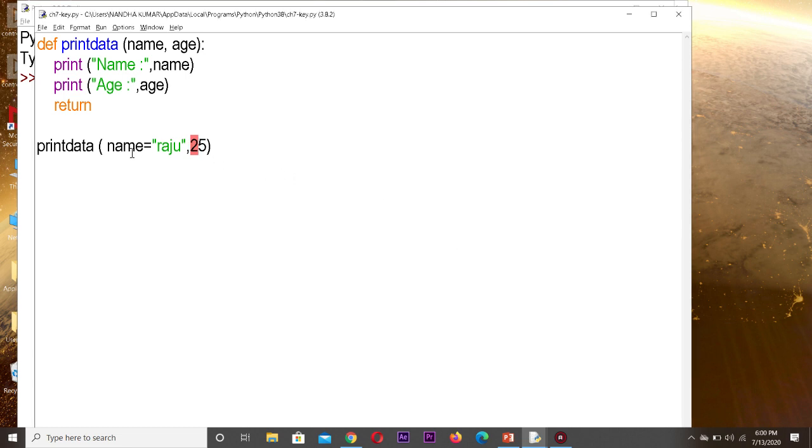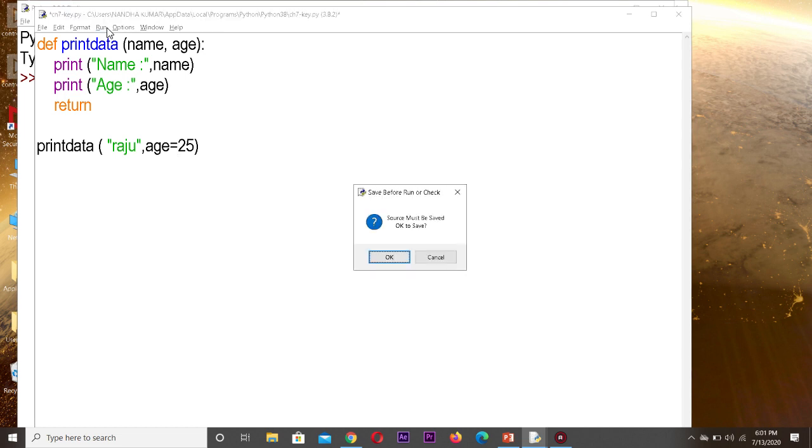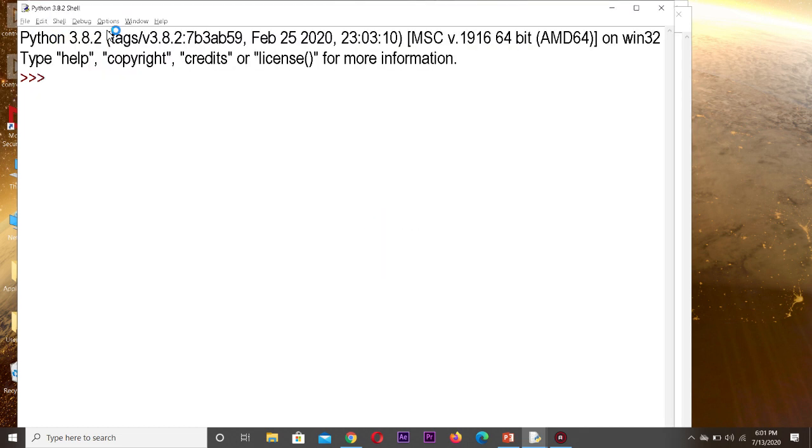Okay. So when we are using both keyword and positional arguments, that is, if you are using keyword arguments, we have to mention the keyword for all the arguments. Otherwise, this case is not allowed, but we can use the keyword from right to left. So the last value you can use the keyword. The first one we can give the positional argument. This is also possible. If you write like this, you will get the output. So both are mixed. See, you are getting the output.